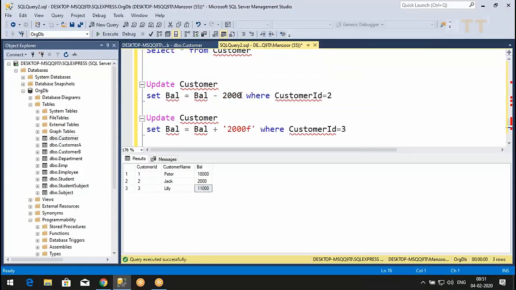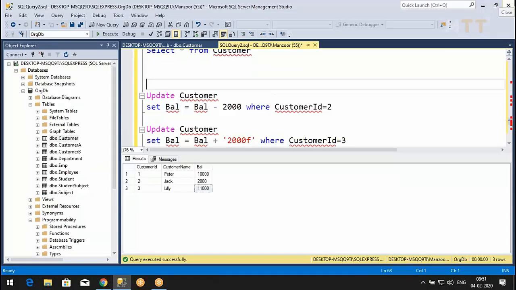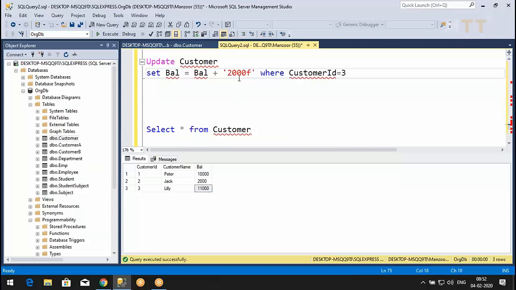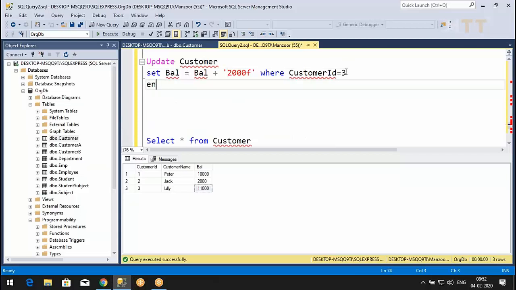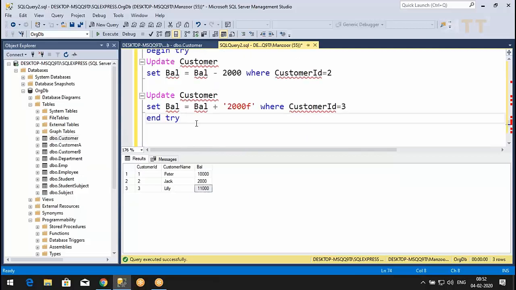Now let us see how to make it a transaction. We call it an exception, is it not? Whatever error we get at runtime is an exception. So to catch an exception, we have a try catch block. I'll say begin try, end try.